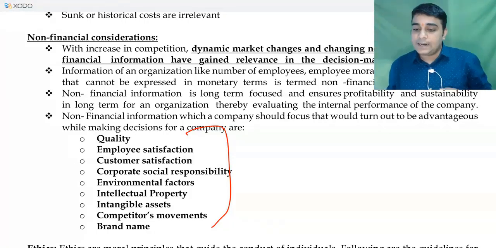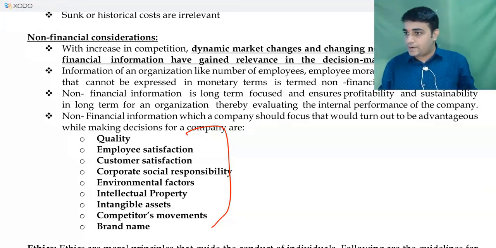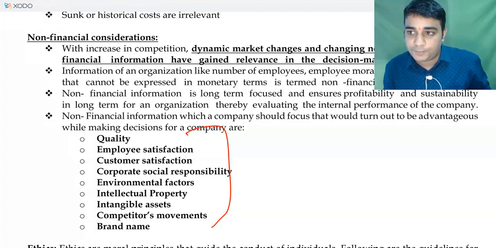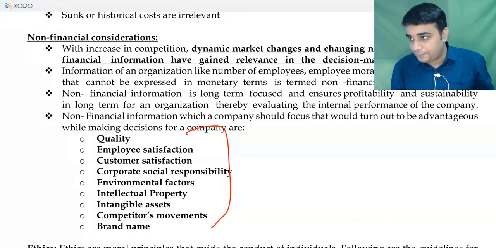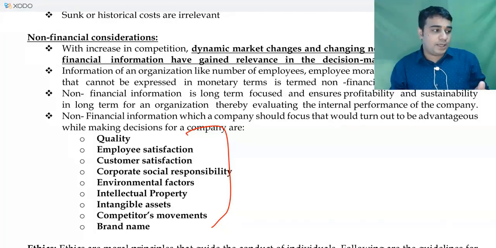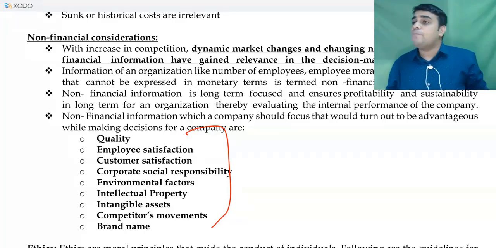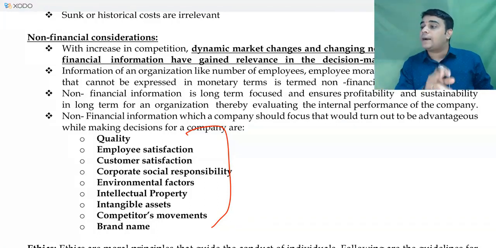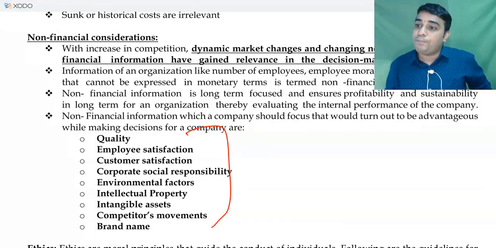Employee satisfaction. Suddenly an organization is thinking whether to temporarily shut down their operations. A temporary shutdown is one of the decisions an organization takes. If you temporarily shut down the operation, you need to think about what is going to happen to your employees at that time, because if you are not going to pay the employees at that point of time, they are likely to be impacted significantly. So for a temporary shutdown decision, there is something called a shutdown point, which was one of the formulas earlier. But shutdown point is a financial analysis, and there is also a non-financial angle. A shutdown can impact your employees. So you will have to think what is the likely impact on the employees of the organization.